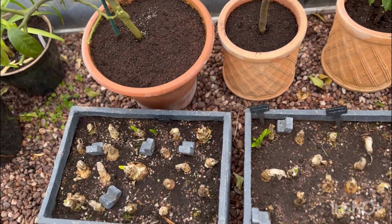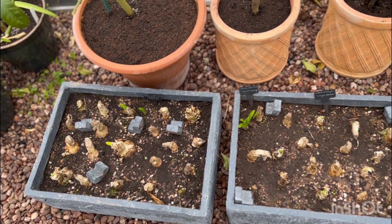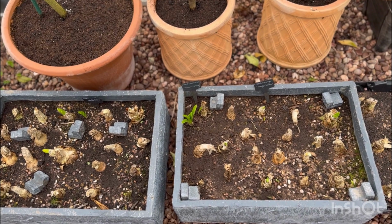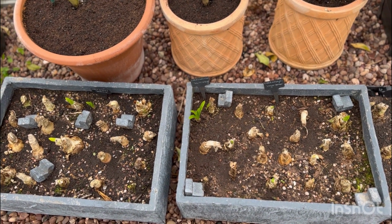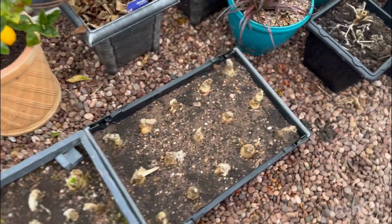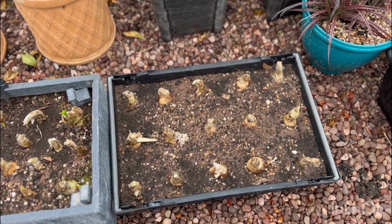And then nerines, anyone that's not grown nerines before, just do it, they are gorgeous. So added a few more into these tubs that we did last year, because I'd only got 7 in each last year and they weren't as big a show as I wanted them to be. So these tubs will go outside, and then you'll see when we come into the new greenhouse,